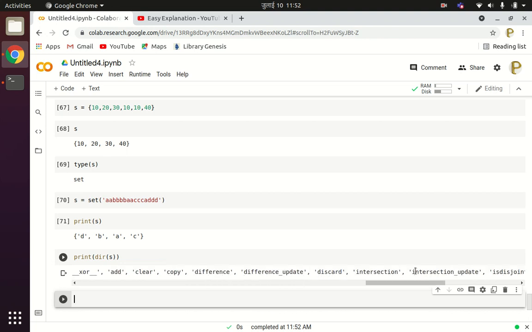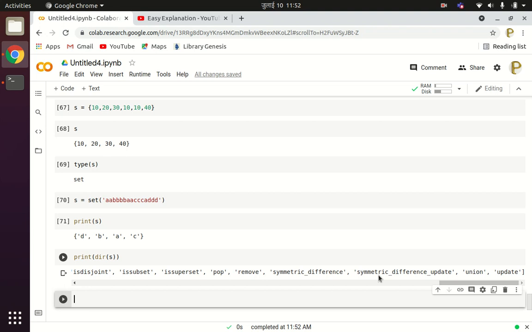So you can see we have all these methods like add, clear, copy, difference, difference update, discard, intersection. Then we have issubset, pop, remove, union, update, etc. So all the functionality of the concept of set is available for the set data structure in the Python programming language also.